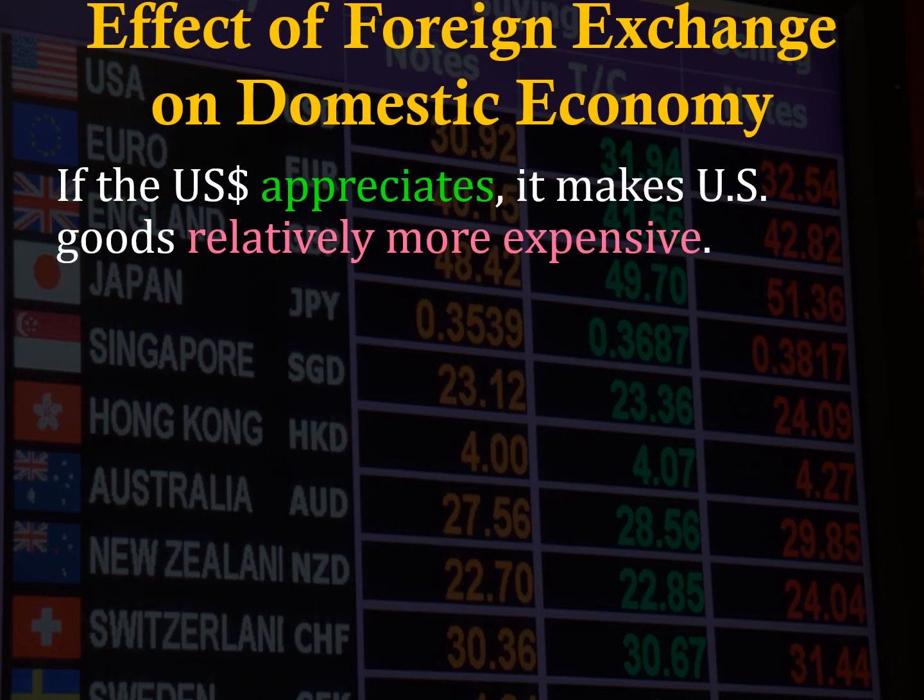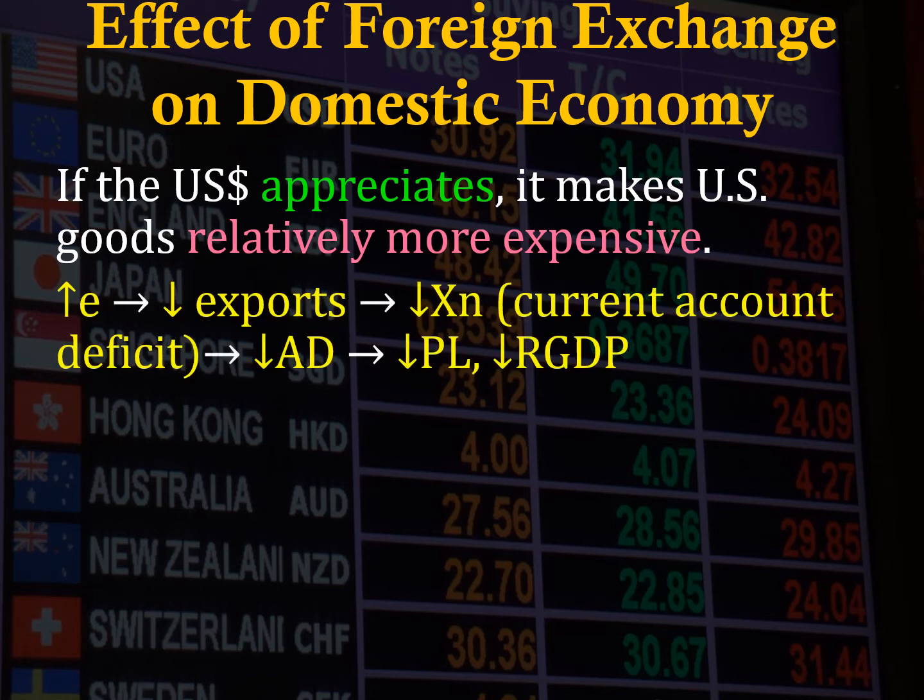Now let's look at the effect of foreign exchange on the domestic economy. If the US dollar appreciates, it makes American goods look relatively more expensive. So here we go, follow the chain. Since the dollar appreciates, American goods are more expensive to foreigners, and that's going to cause exports to decrease. Since exports decrease, and exports are a part of net exports,